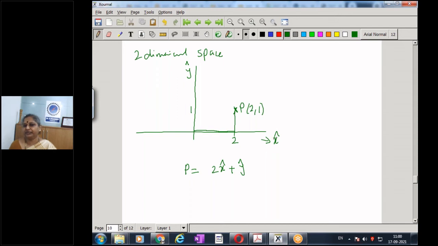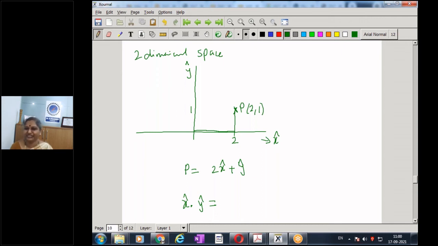Now, how are x and y related? What can you tell about x and y? If I try to find the dot product of x and y, how much will I get? This is not signals, but still all of us know this is basic. We have all done it in our school days probably. If I find the dot product between x and y, what is the answer?